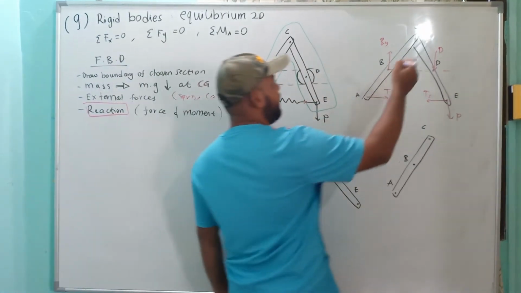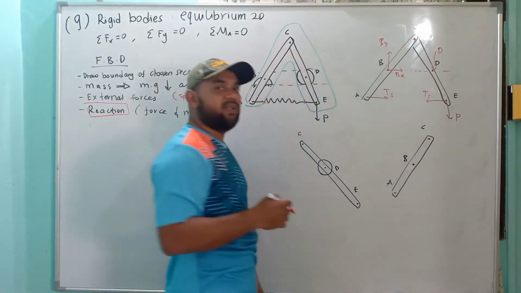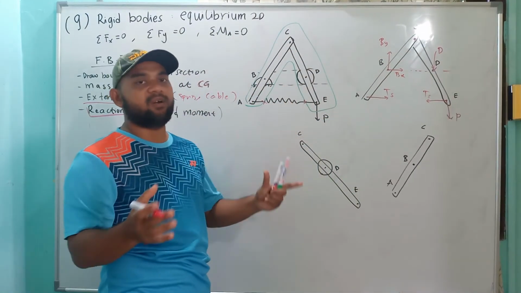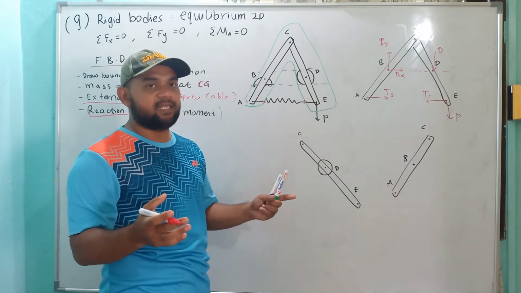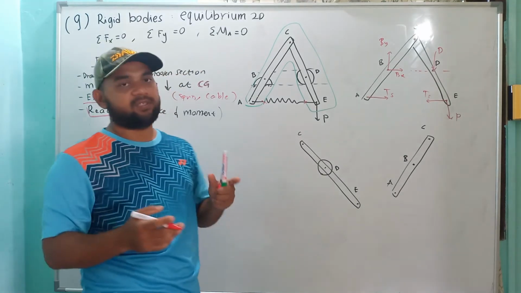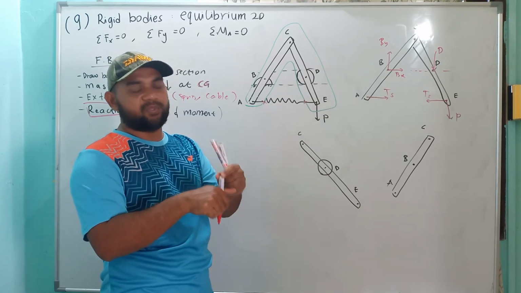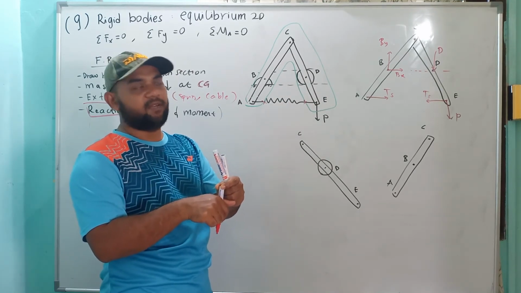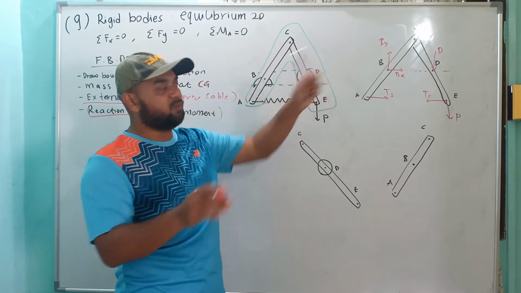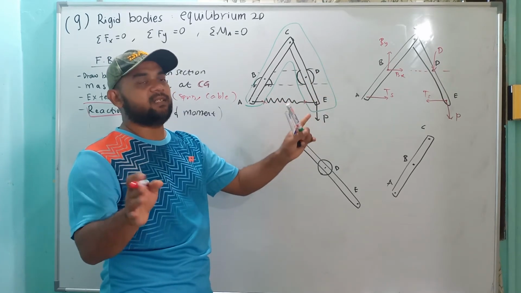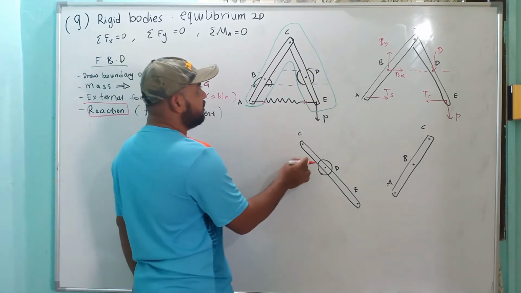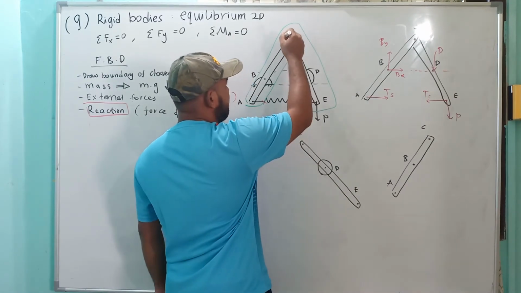Here notice that we have a pin joint at C, but since we didn't open the joint, there are no internal forces, no reaction force involved, because there is force, but since you are keeping it together, there's no reaction. If you take away these two parts, there will be a reaction force. For example, we go to this part, so I'm taking this one.